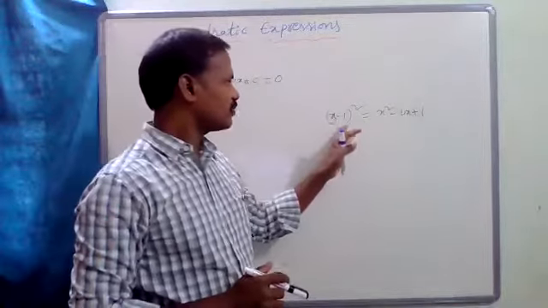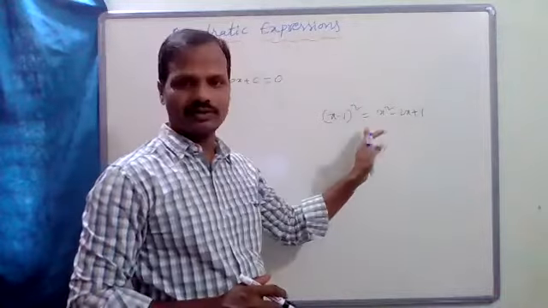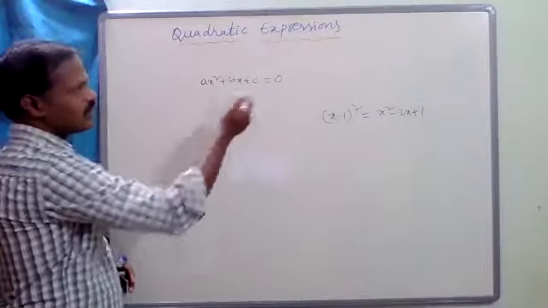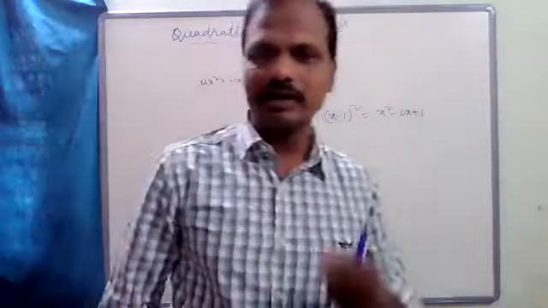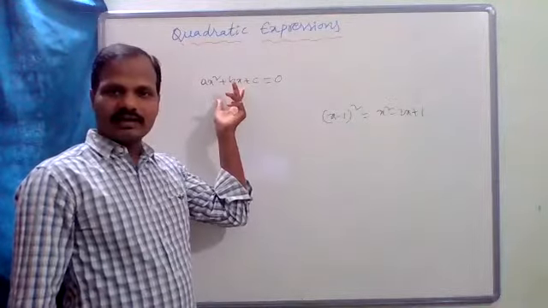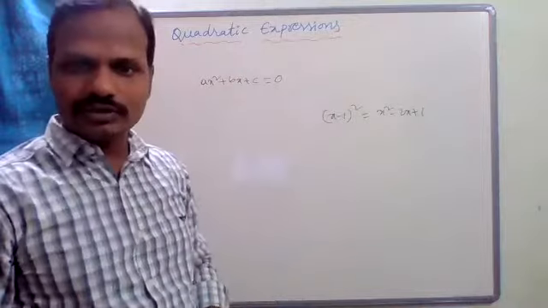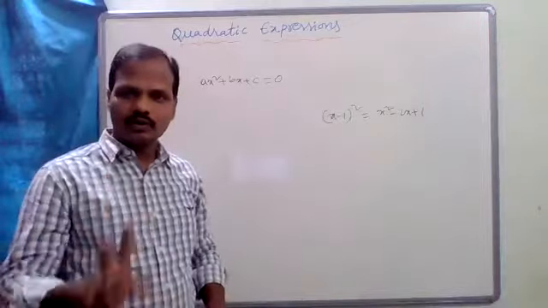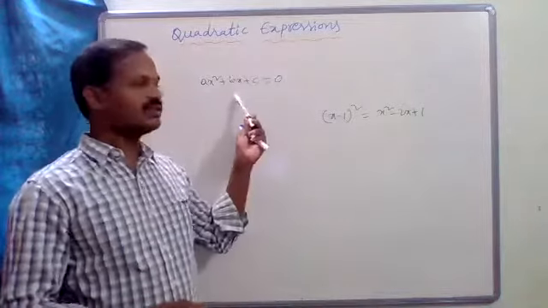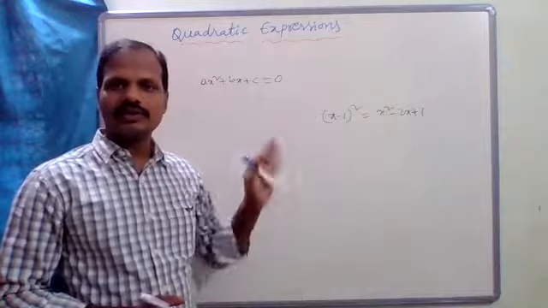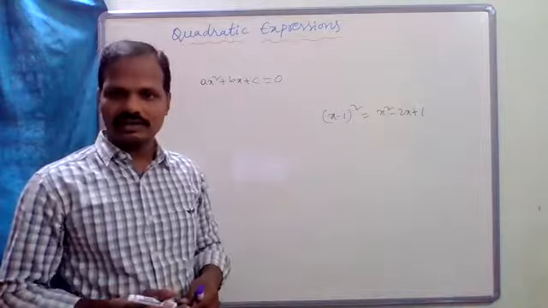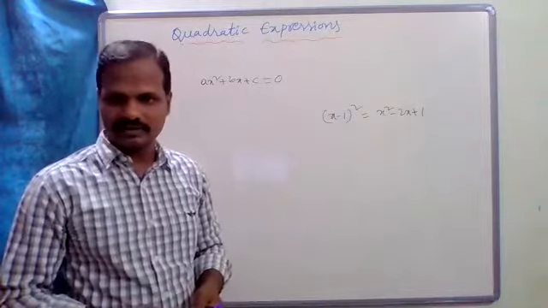Then it is called the identity. Okay. Now x minus 1 whole square equal to x square minus 2x plus 1. So this is the identity. Now, let us consider this quadratic equation as identity. Okay na? Now if this quadratic equation has more than two roots. Generally, how many roots are there? Two roots. Roots are zeros, whatever it may be. So this has two roots. Suppose if it has more than two roots, then what is the condition? What is the relation between coefficients? That is the main point.